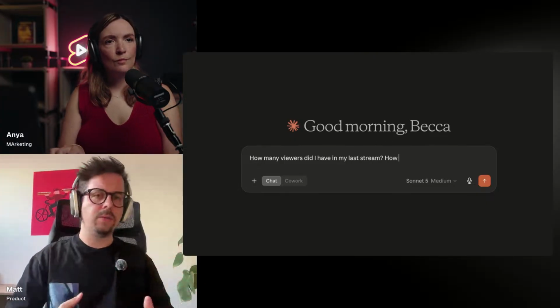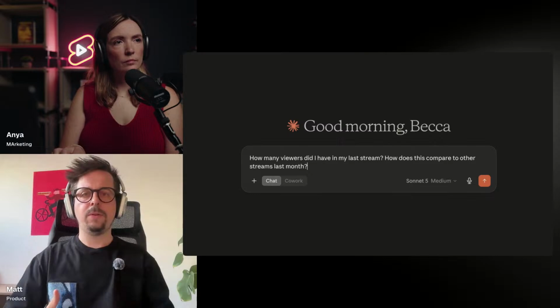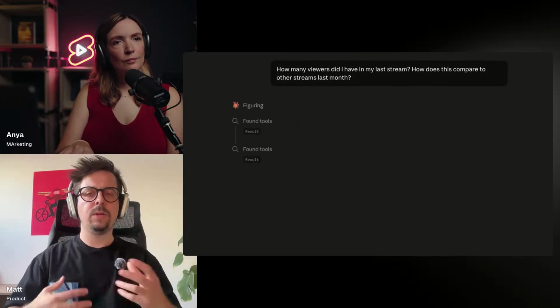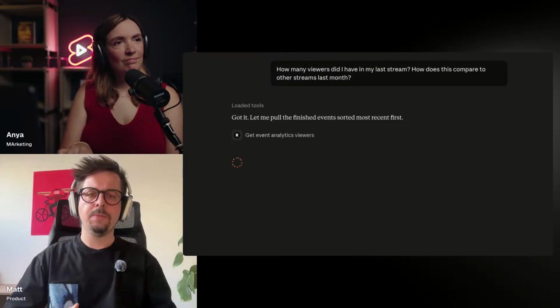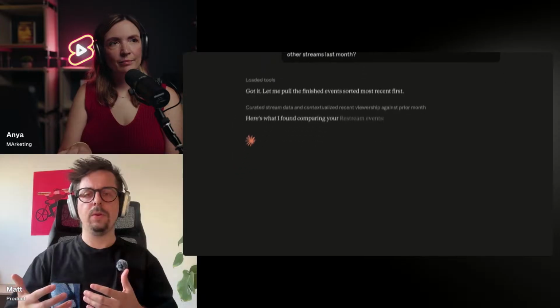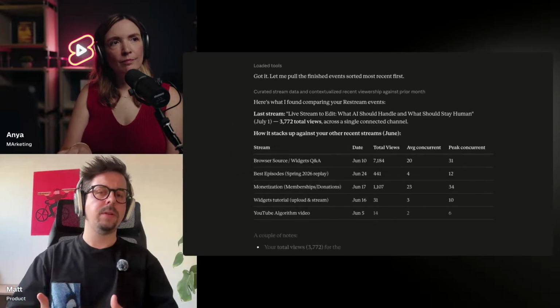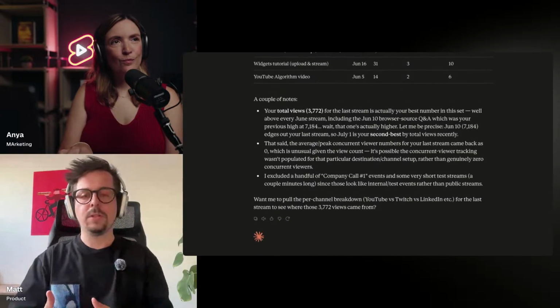Of course, you can do some of these things inside Restream as well, but if you work with data and numbers and you really just want to drill it down, this tends to be much faster, actually. So yeah, please try it. We'd love to see if this is working for you, if there are any data points that you might be missing, or the ones that you're actually most interested in.